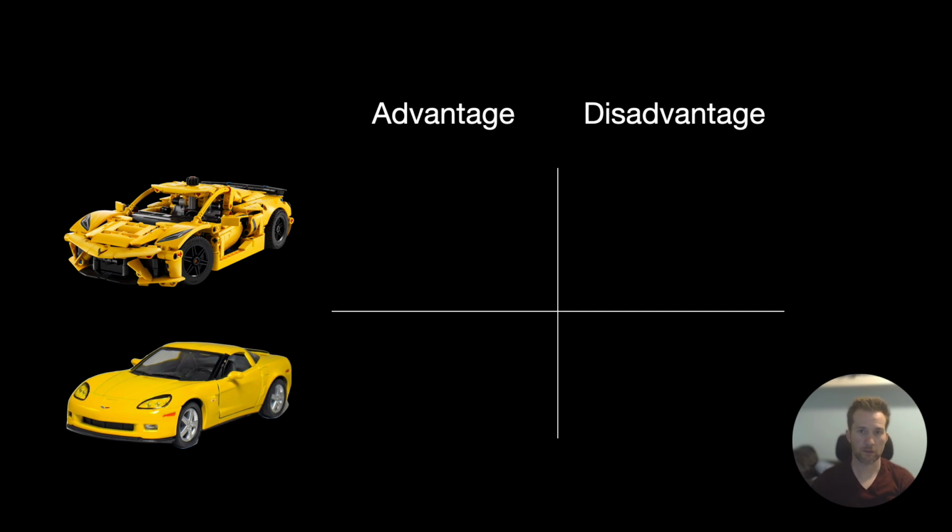I can change the color of the pieces. I can make it convertible with scissor doors. My imagination is the only limitation. When systems have low coupling, it's much easier to switch pieces in and out. The pieces don't depend so much on one another, so they care less about if one is swapped out for another. The other side of this is the die-cast version, which is rigid. You can't really change much without breaking it at a fundamental level. Each of the connection points expects one and only one other piece to fit there. If you want to change that, you have to break it, melt it down, start over.